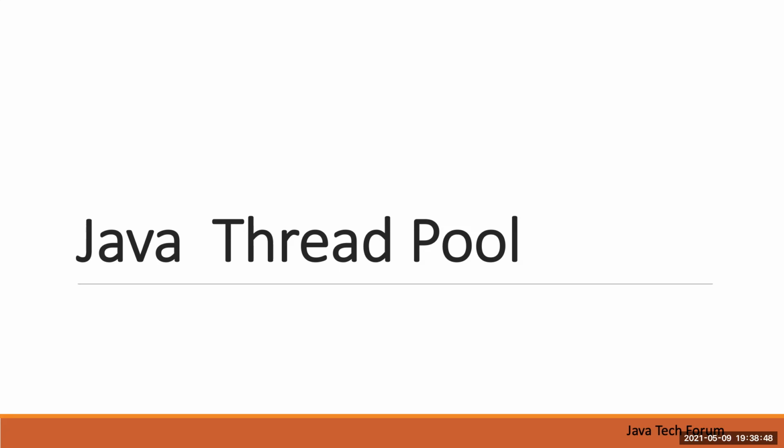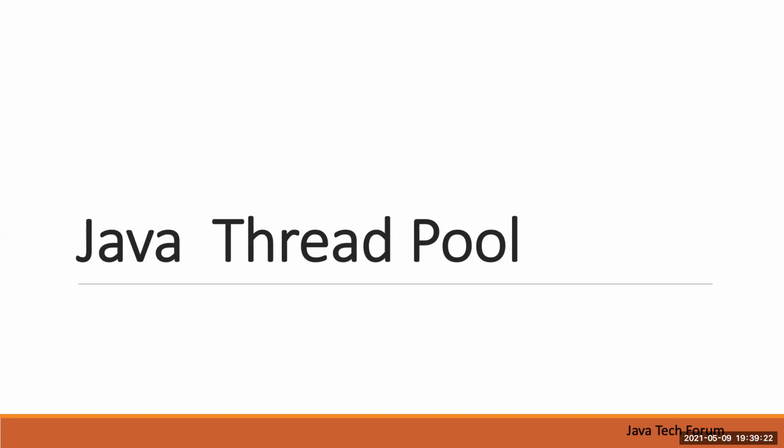So if you keep on creating threads, internally it will consume the memory and the processor, and you will end up with insufficient resources. So to avoid that, in a multi-threaded environment, the best architecture is a thread pool. Wherever we try to use multi-threading, we have a better option: creating a thread pool.